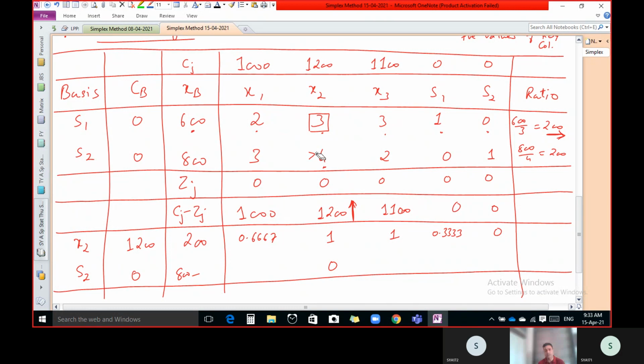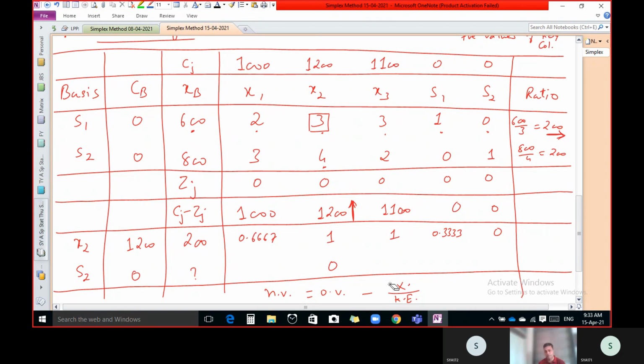So that is the formula. What is the formula? Listen. To calculate this value or this value, the formula remains the same. The new value, this value, equals whatever your old value is. The old value is right now 800. Minus something you have to do. And what do we have to subtract? The multiplication of two dotted values divided by the key element. This is the formula: multiplication of two dotted values divided by the key element.